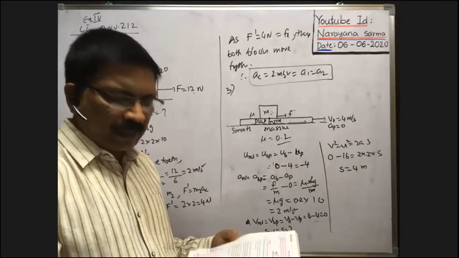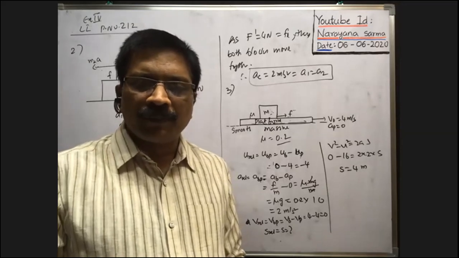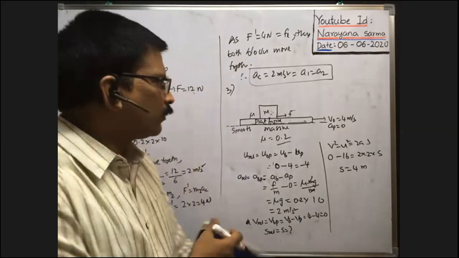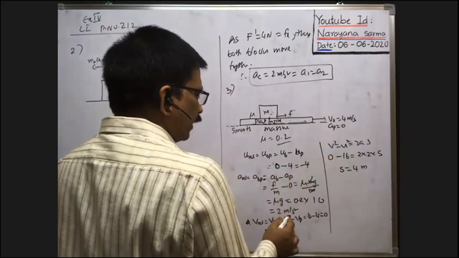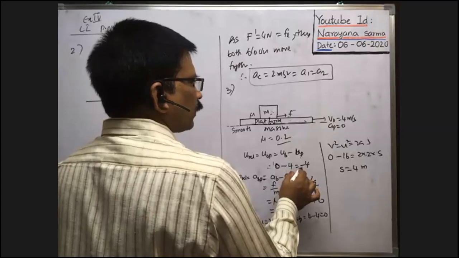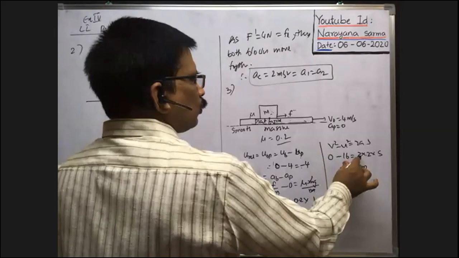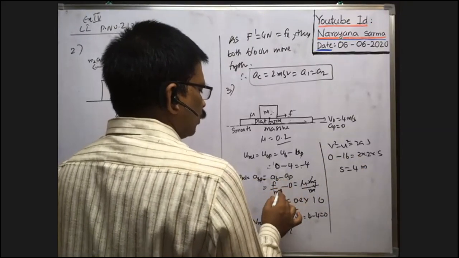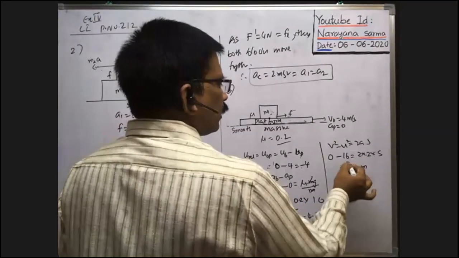Yeah, 4 meter is the answer. Okay, not 4 meter, no. Here you see v square minus u square is equal to 2as, no. V means the final relative velocity is 0. Initial relative velocity is equal to minus 4. So minus 4 whole square means 16. Is equal to 2 into, here, acceleration of the block minus acceleration of the plank. So that is equal to 2 meter per second square. We got 2. Then s is equal to, you'll get minus 4 meter.